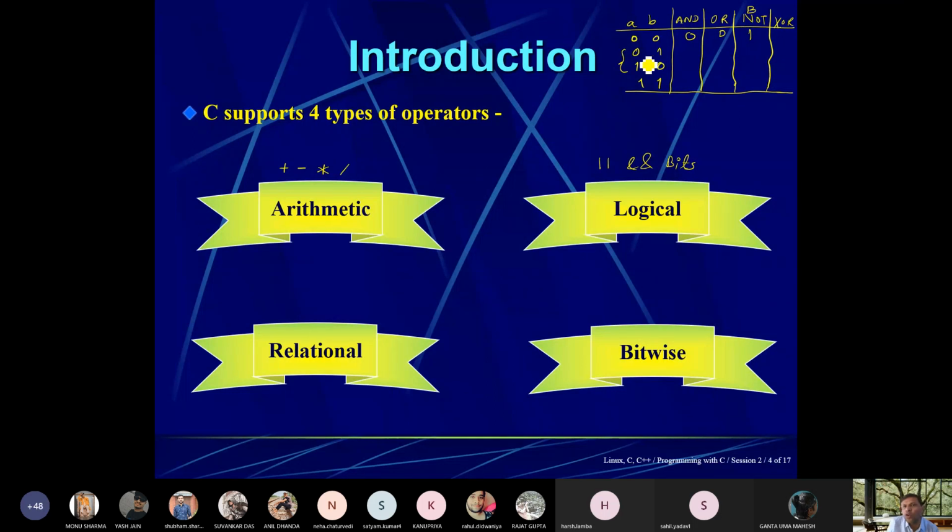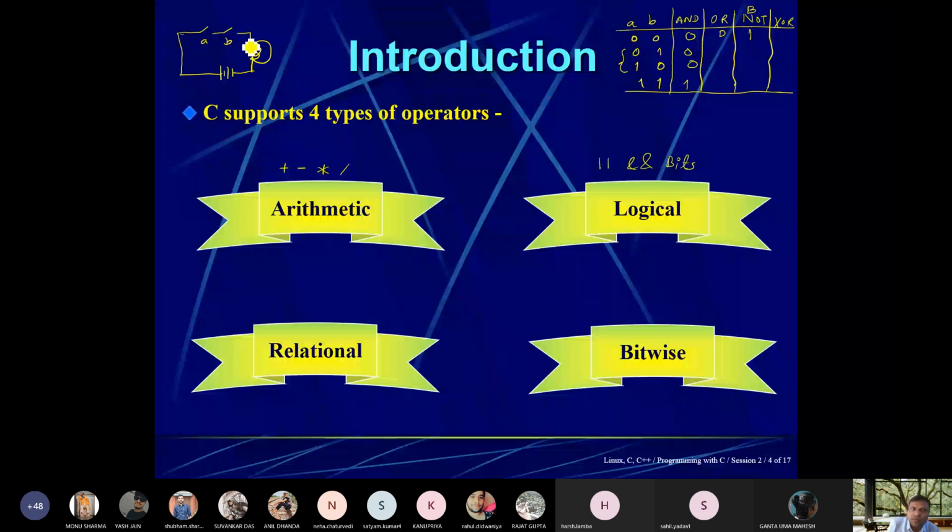Then come to the AND operator. The AND operator says that if you draw a circuit, suppose this is your bulb and this is your battery. So when will this bulb light? When both the switches are closed. If both the switches are closed, then only it will give you output. Otherwise, if either one is closed, it will not give you any output. If both are open, then also it will not produce any output.